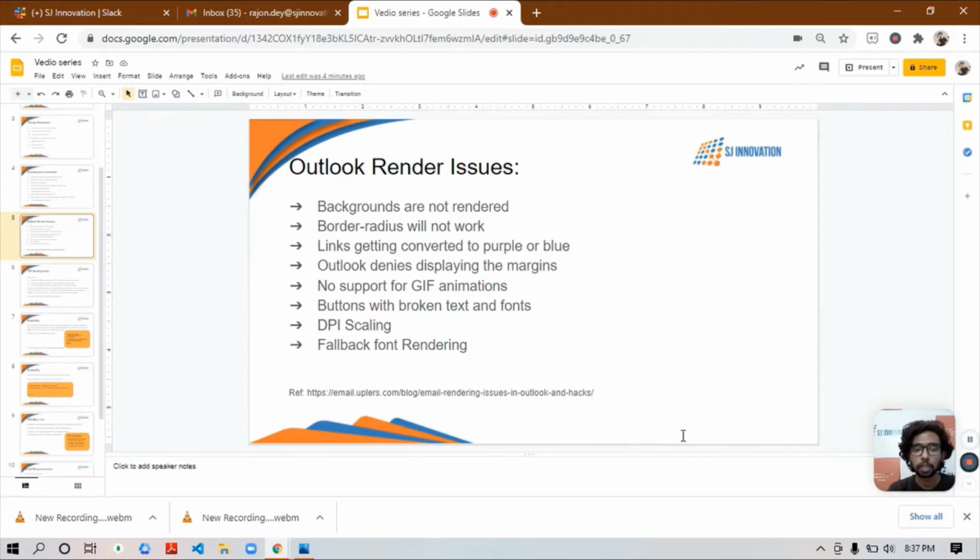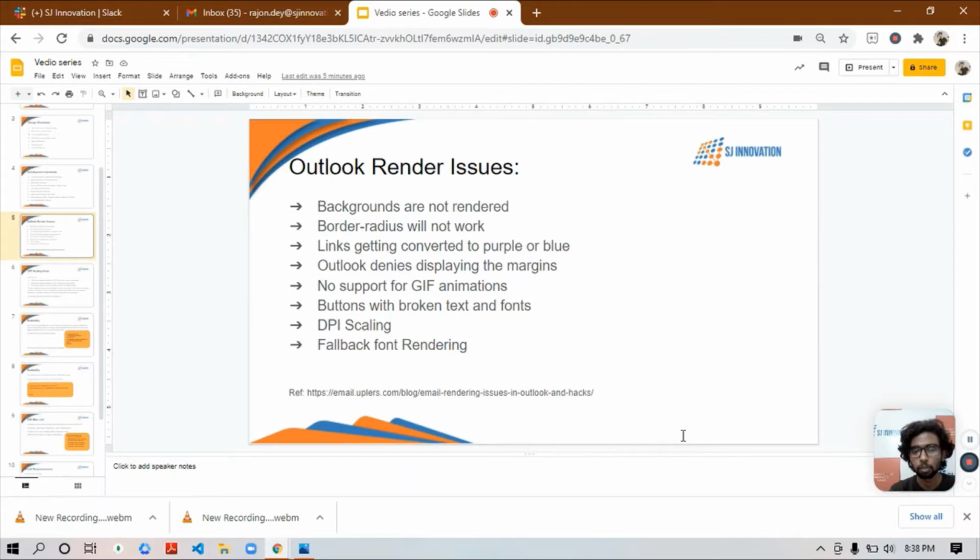Okay, so the second thing is border radius will not work. This is one more important render issue on Outlook, because most of the time in email templates the CTA button is designed with rounded borders, which makes the CTA button very attractive, but it's a sad thing for developers that they don't render like this in Outlook.